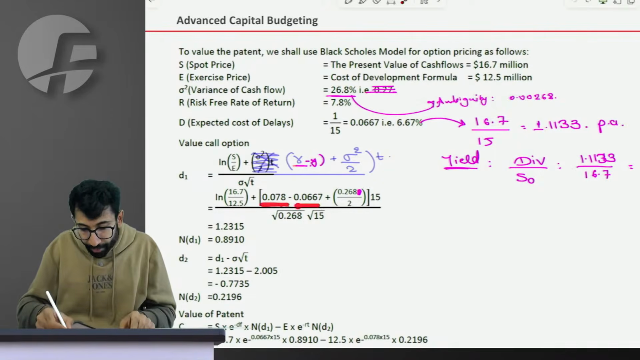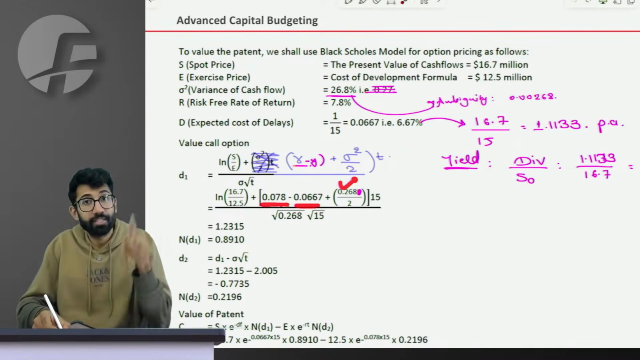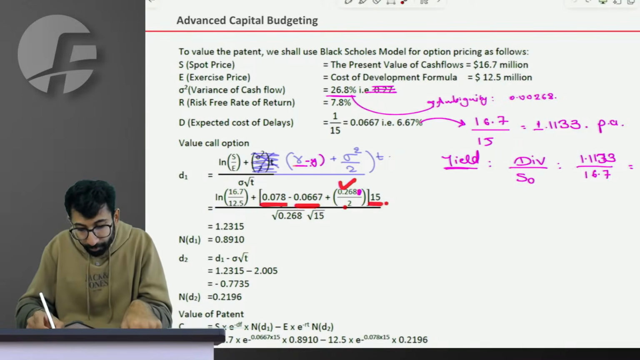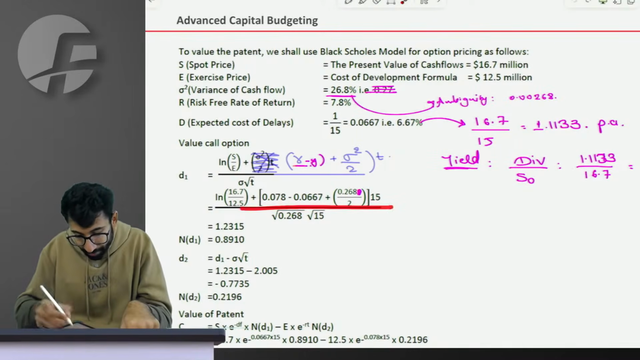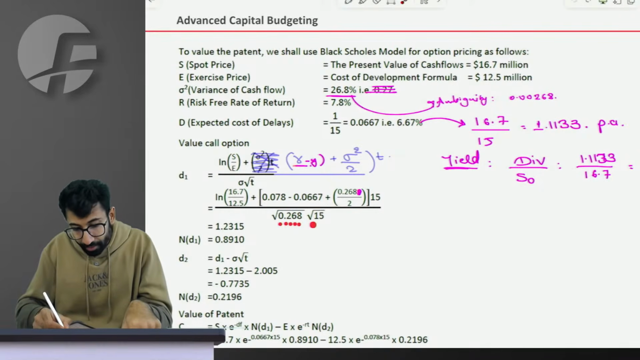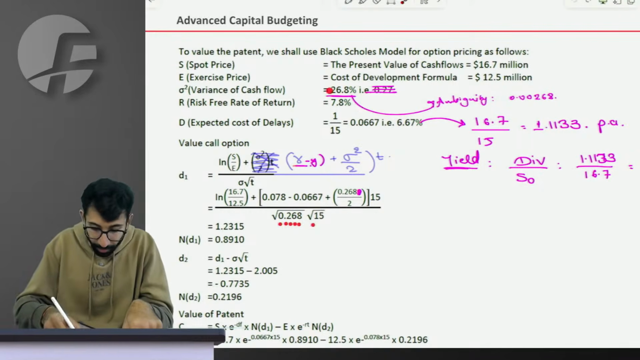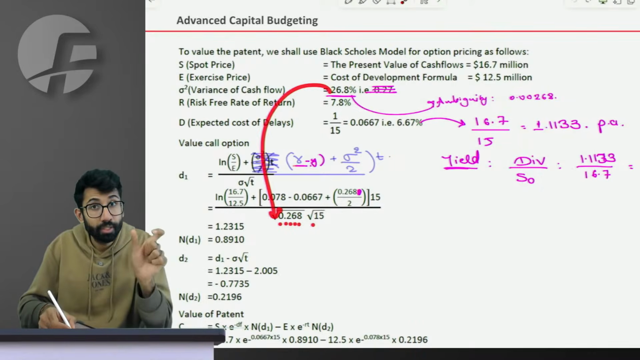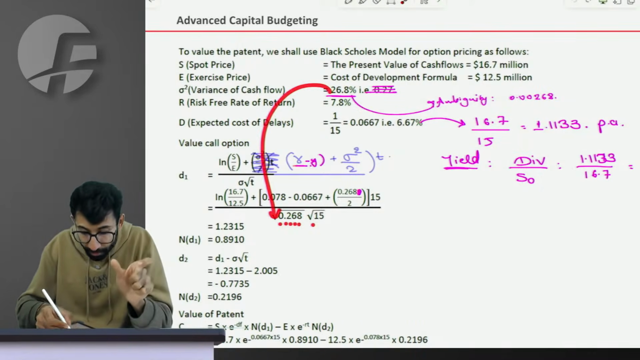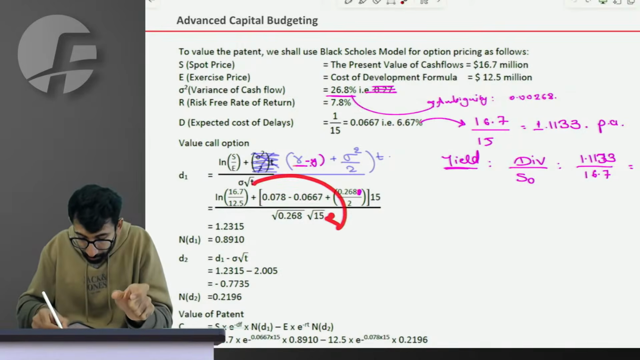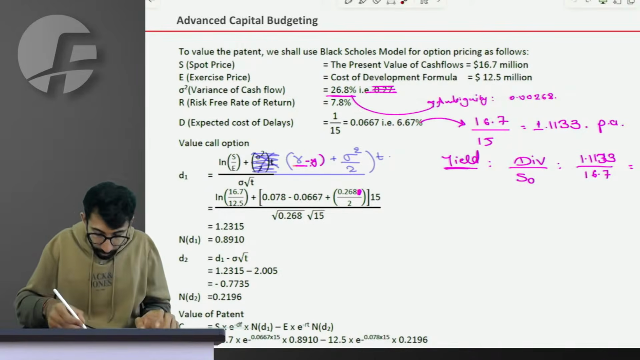R is 7.8 minus dividend yield of 6.67 plus variance, which has an ambiguity, divided by 2 into the 15, which is time period, whole divided by under root of 0.268, right? Because the given number is a variance, so I have to divide it by the standard deviation, which is under root, and t, the time period, is anyways in the under root. When you solve it,